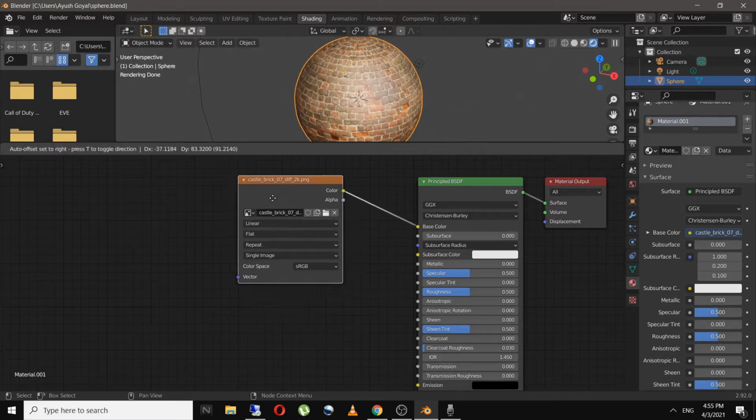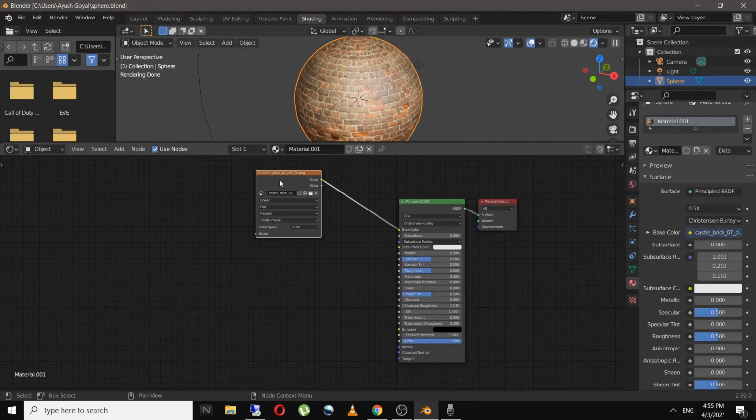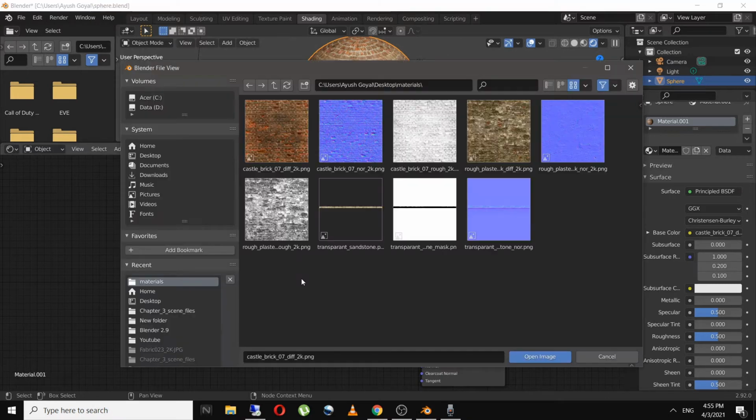I'll move this over here and I will duplicate this image texture or add in a new one like this, and click on here and select this castle rough brick, open image.